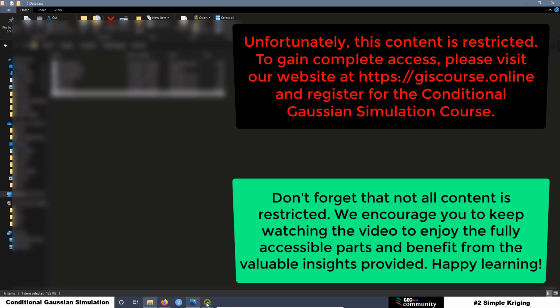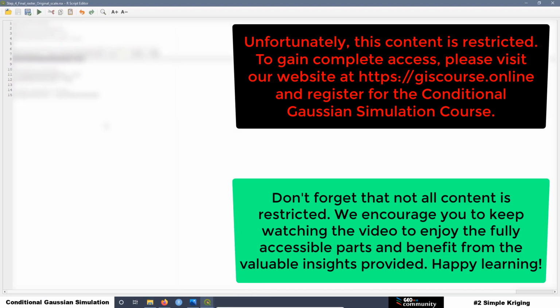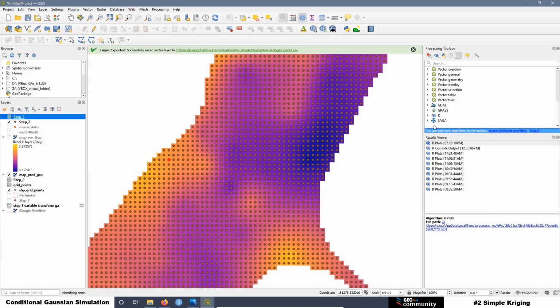Then here, we have to remove this one here. Then remove, save. This one is to provide spatial coordinates to the grid. And this one is to create the raster. Then we can close this one. We can go to QGIS,